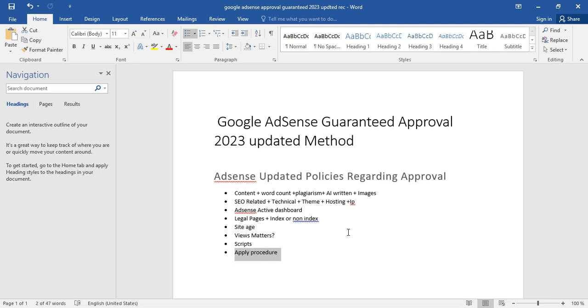If you are following the exact criteria of Google AdSense, exactly what I am teaching you, and you are still getting rejected, you can ask me in a comment, and you can contact me through WhatsApp and other channels, and I will assist you in the Google AdSense approval process.